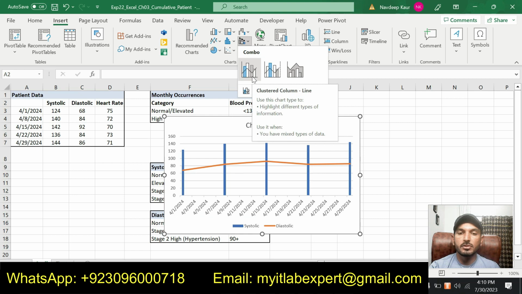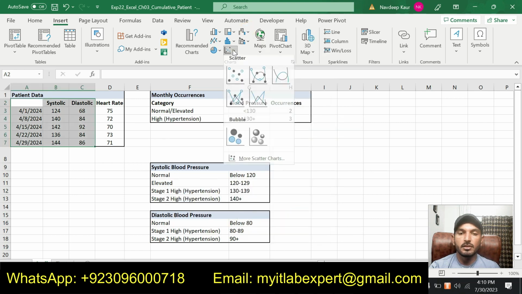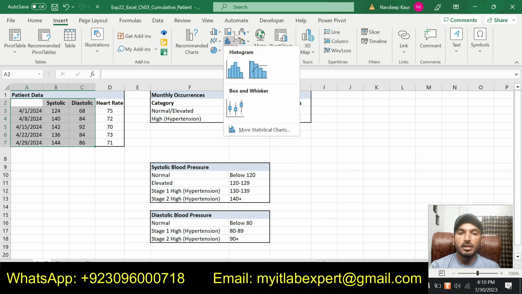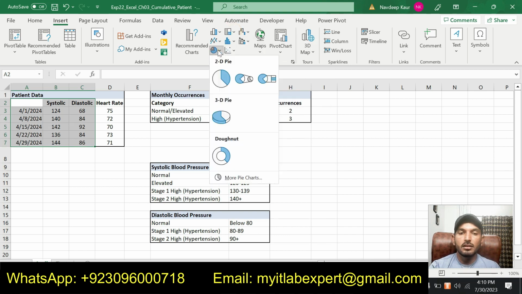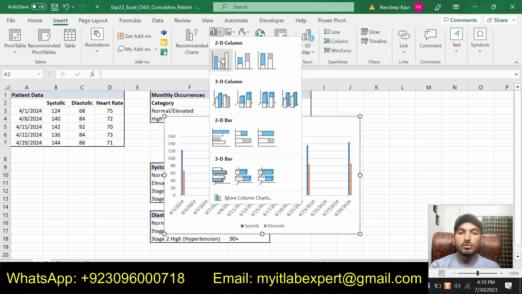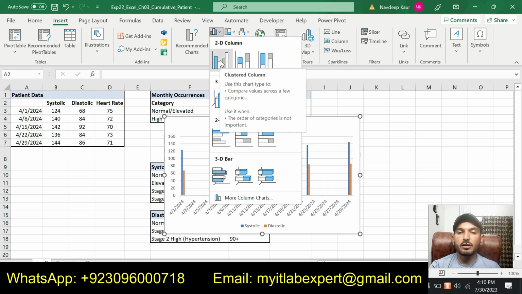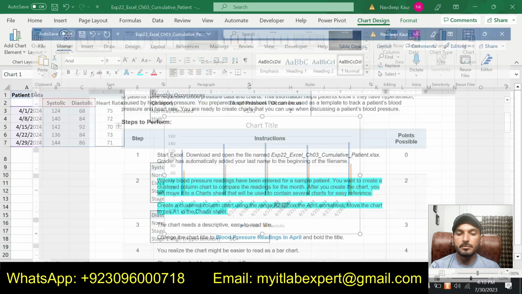This is the clustered column chart with a line on its axis, and you can see it from here as well. So these are different charts, and we can simply use the recommended chart to get this chart. You can see the 2D clustered column chart, the straight column chart, and this. We are supposed to create a clustered column chart from here.